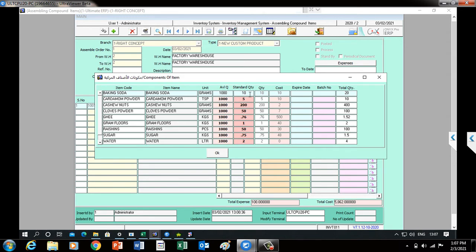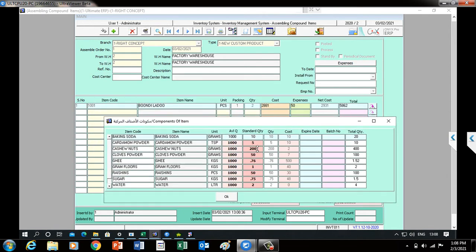If there are multiple warehouses, we set up as per requirement. It shows the standard quantity and cost for each raw material, including baking soda, and the total quantity. The standard quantity is this, and we are making 2 laddus, so this becomes 20.